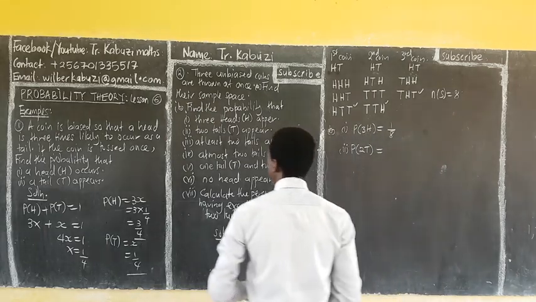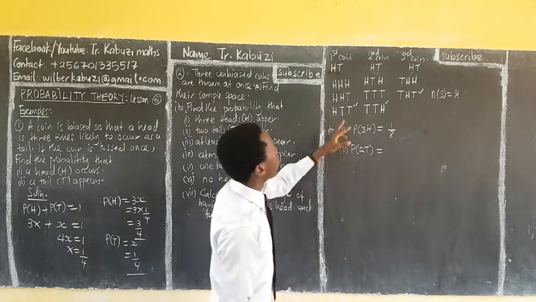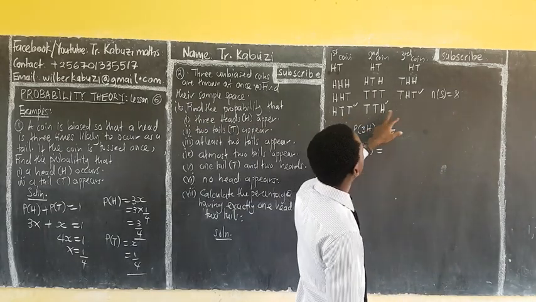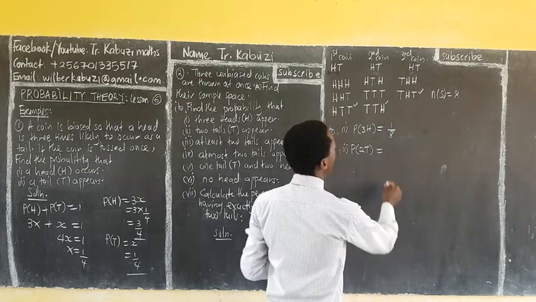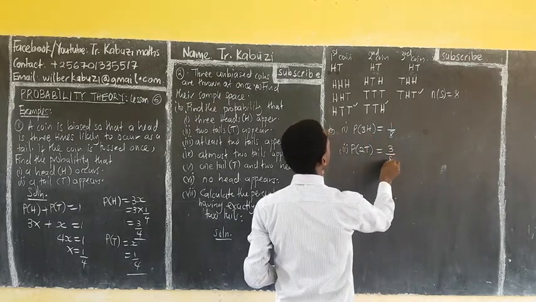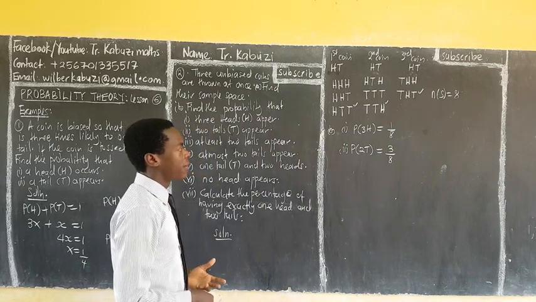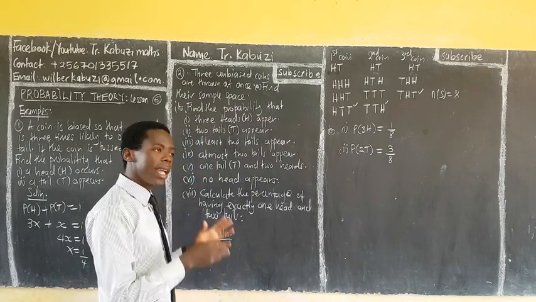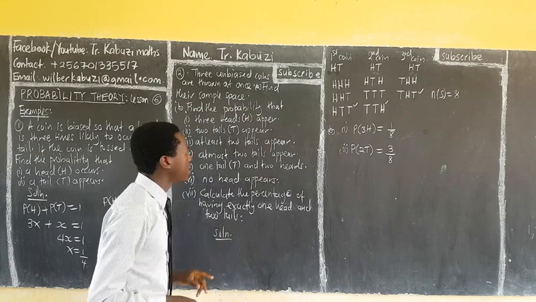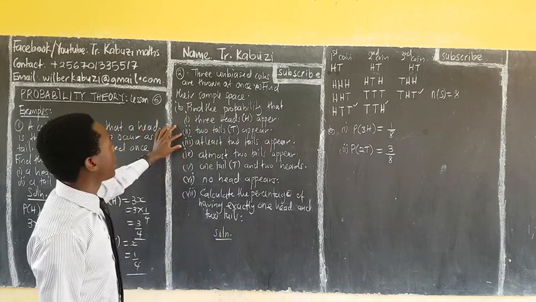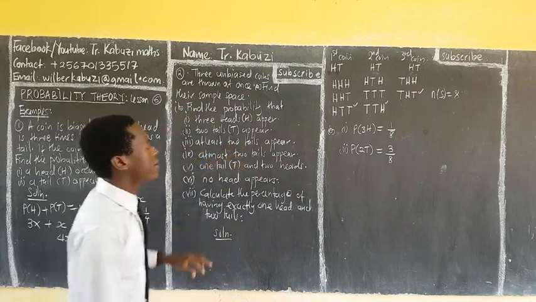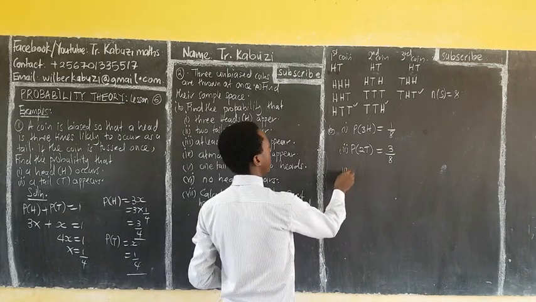So that is going to be now 1, 2, 3. So these are 3 over 8. As simple as that. The same as exact, even if they don't put exact. So 2 tails appear, those are the cases. Then 3, at least 2 tails. We say at least 2 means